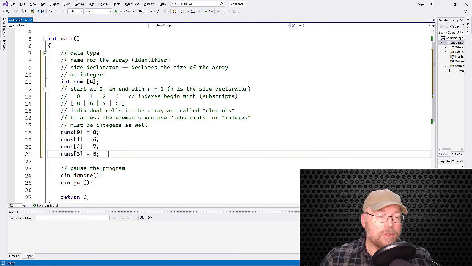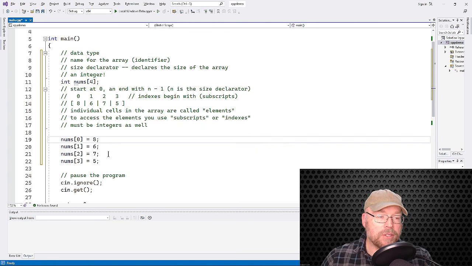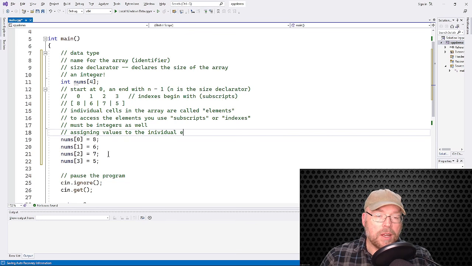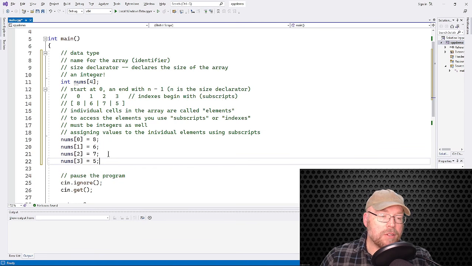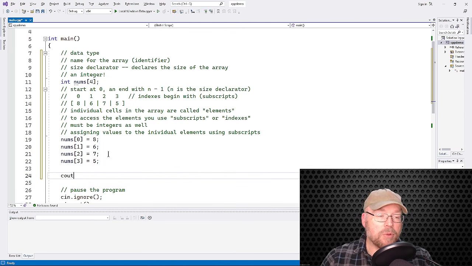Okay, so I put some values in there. Now I want to access those values. I want to get them out. I want to do something with them. So here we're assigning values to the individual elements using subscripts. Okay. So now I want to get the values out. So maybe I'll just do something as simple as printing them out. So I'll say out num0, just like if this was int x, right? You could do the same thing,